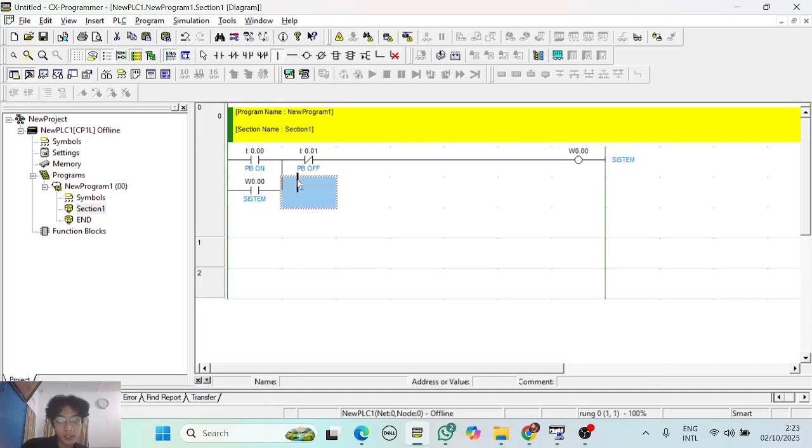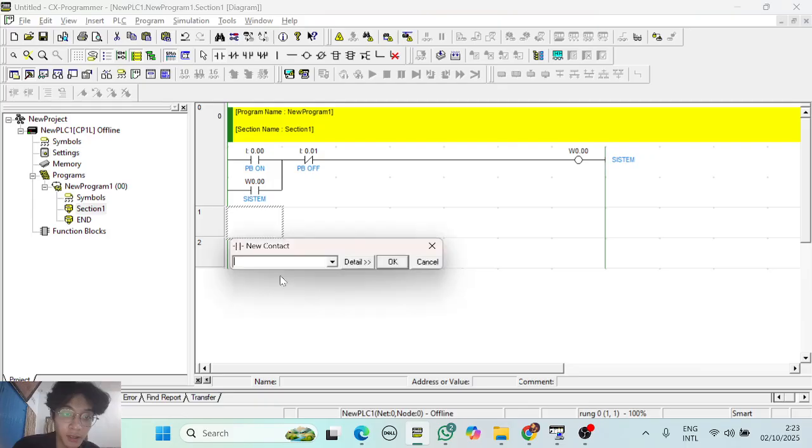Okay, the circuit system is done, and we can go next to the second rung. In the second rung, we will add the function of timer on. Okay, first we add the status of the output system.